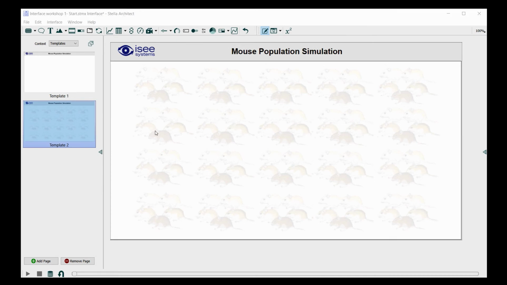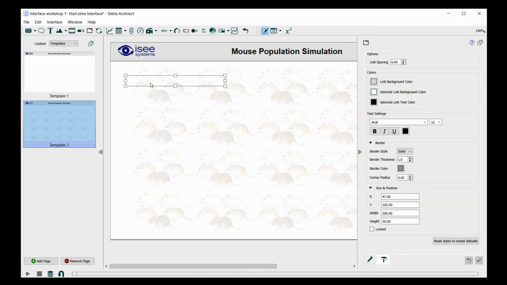So the next thing we're going to do on this template is add what we call a navigation bar. And the navigation bar is a tool in the toolbar, and it looks a little bit like a folder with a tab on it. And what this will be used for is adding little navigation buttons that will take the user to different pages of the interface. So to get that set up, I'm going to double click here,